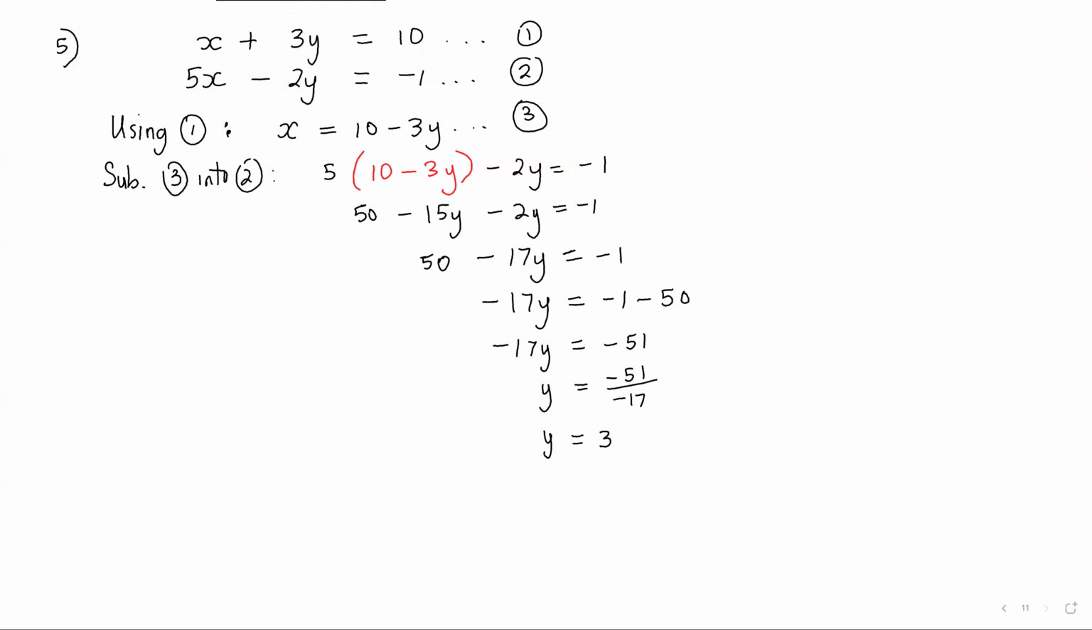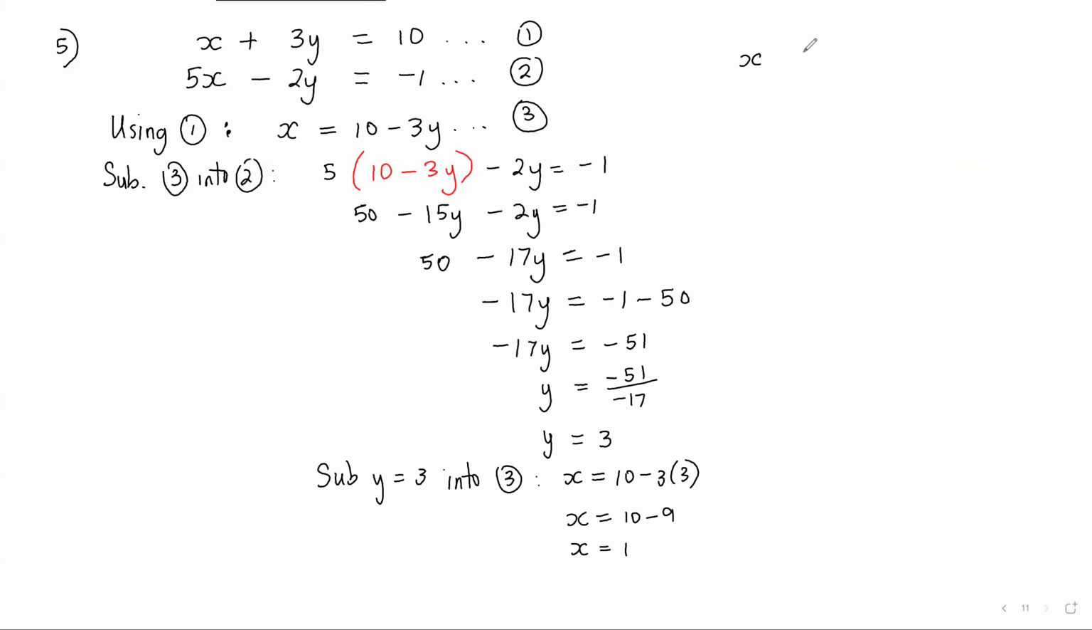Now that I have what y is equal to, I'm going to substitute y is equal to 3 into equation 3. So that would give me x is equal to 10 minus 3 by 3. So x is equal to 10, take away 9. That means x is equal to 1. And to check if my solution is correct, I substitute both x is 1 and y is 3